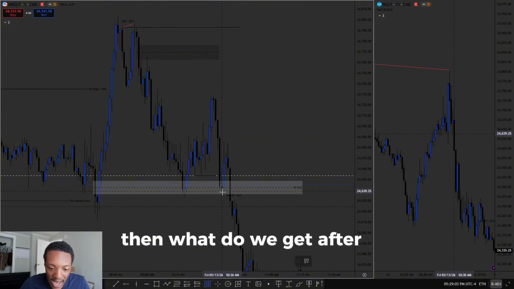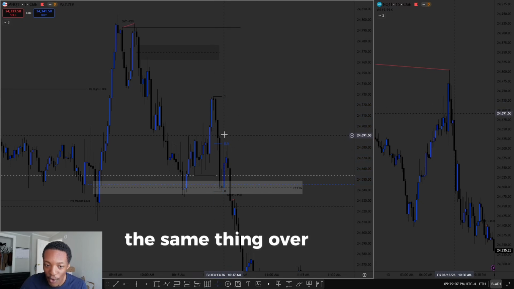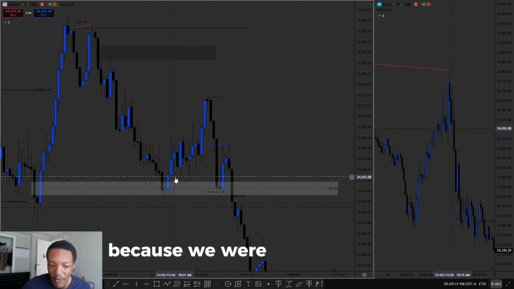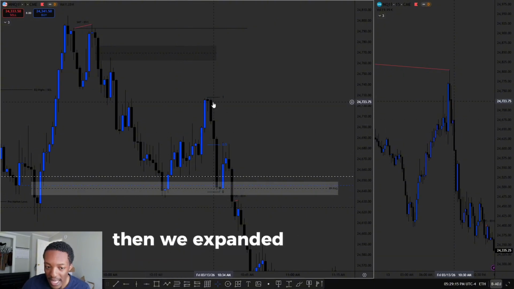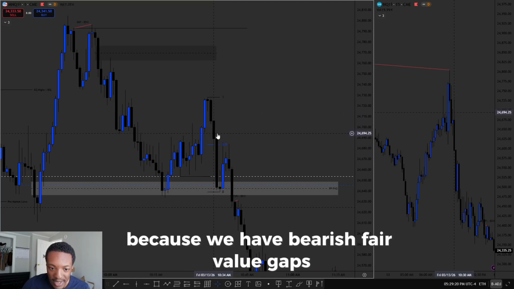Then what do we get after the market maker sell model? The same thing over and over again. You see here, what is this? Market maker sell model, because we were trending higher. We broke structure to the downside here. Then we expanded lower. Why is this an expansion? Because we have bearish fair value gaps. And then what do